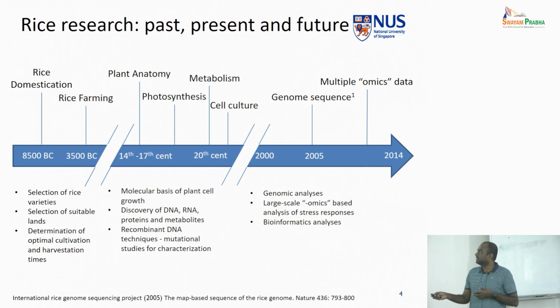But then in the last century, around the 20th century, a lot of significant breakthroughs happened with molecular biology, and the tools available for molecular biology improved the understanding at the molecular level. So we were able to identify the DNA, RNA, and how they contribute to plant cell growth and to crop production and so on. Further, the invention of recombinant DNA technologies also improved our ability to establish transgenic plants, which can have an improved ability to withstand all these kinds of stresses.